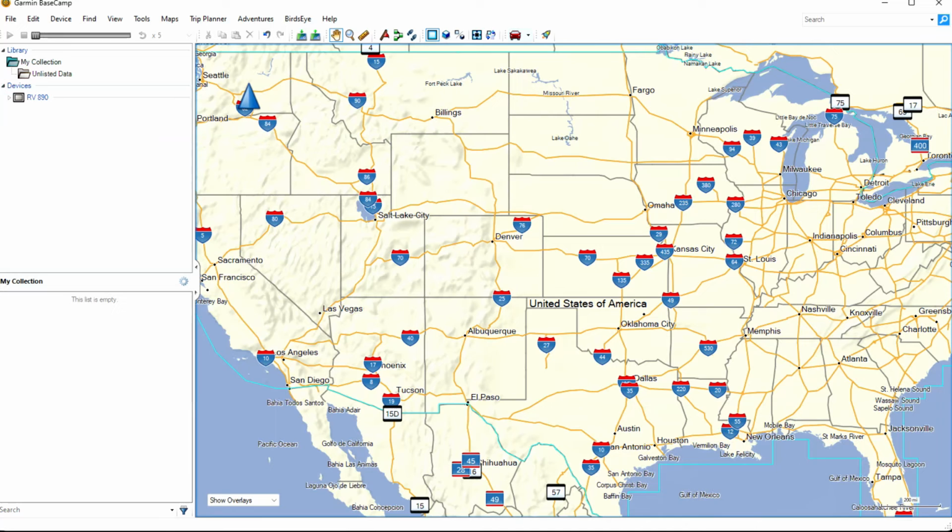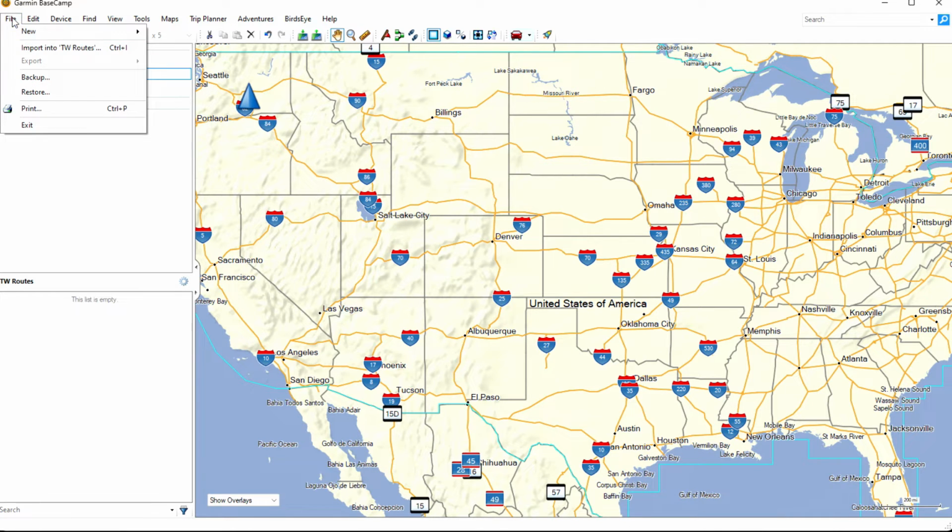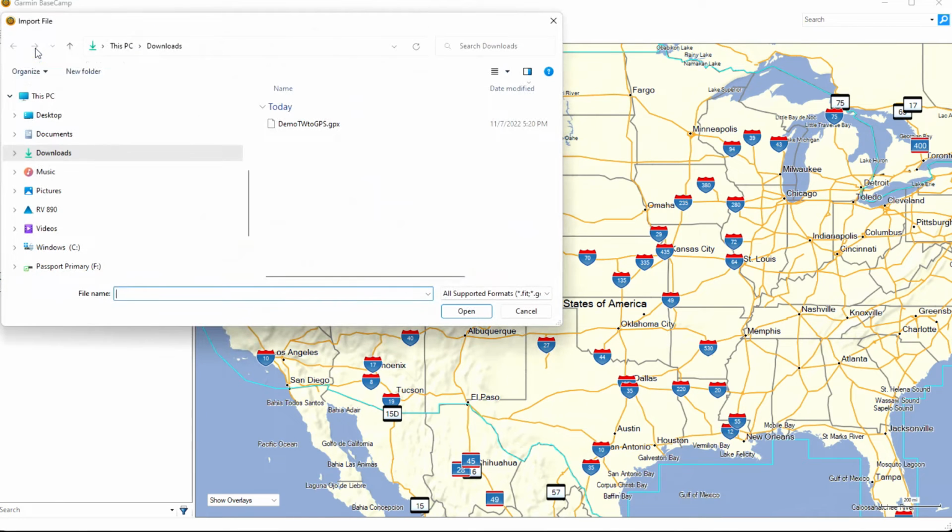So what we can do in order to do that, and you don't have to do this, but under My Collection, just do a right click, create a new folder, and I'm just going to call this TW routes, and this is for Trip Wizard routes. Now that I have this new folder, I can come up to File and Import into TW routes, and I